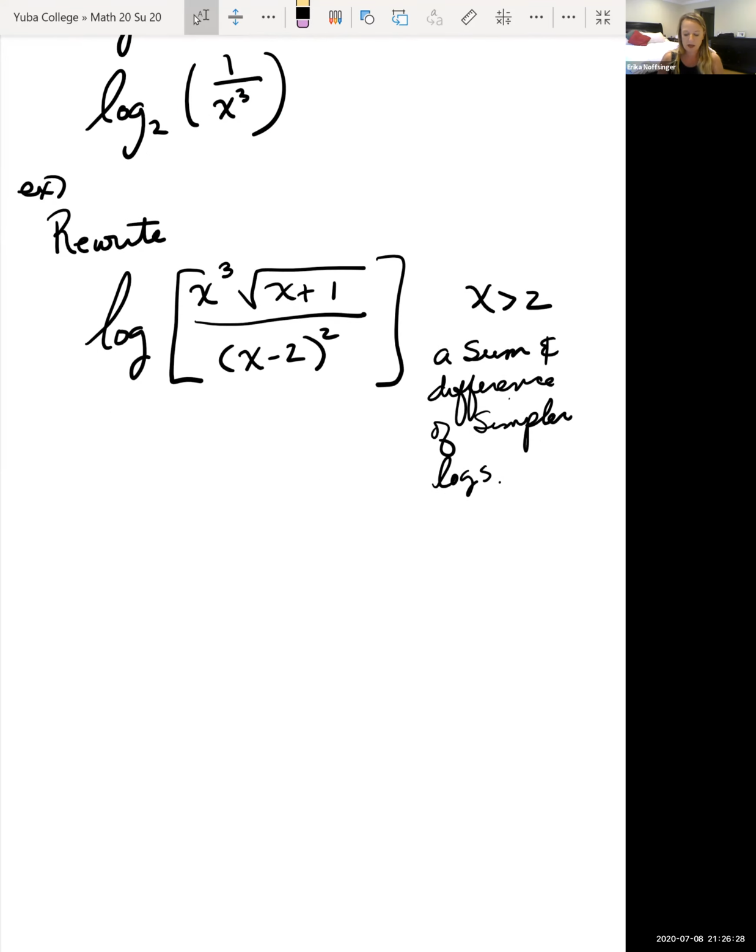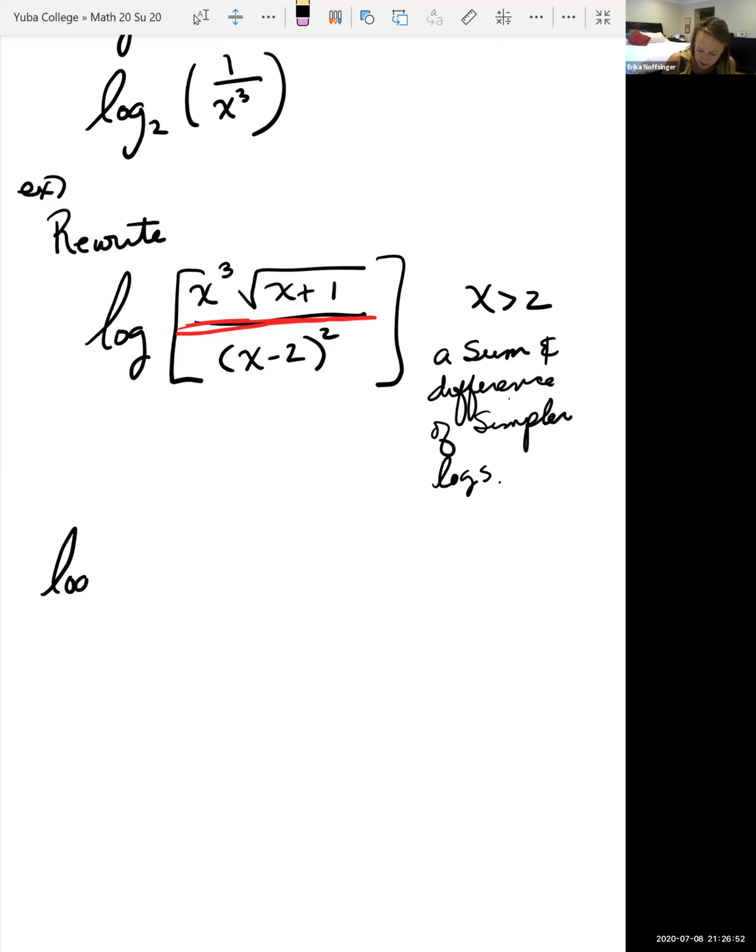So a couple of things, we're going to have to do a lot of things here. We see division. So let's break down the division. Division tells us we can break down logs with a minus sign. And so we're going to look at the log of our numerator minus the log of our denominator. Okay, so log of our numerator